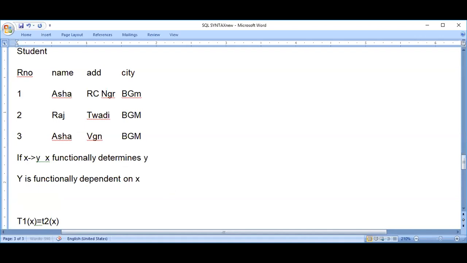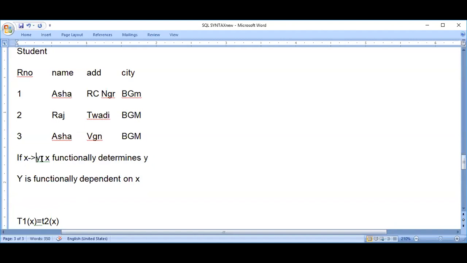Both these statements mean the same. You have to be familiar with this statement. What do I want to say? That x is the attribute on which y depends. So x is a primary key. Here you can understand x is nothing but the roll number.